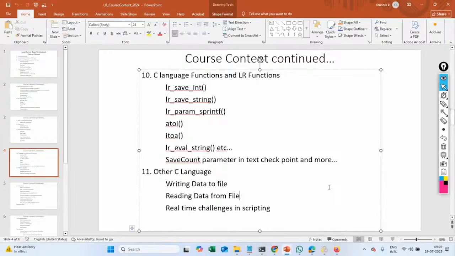How do you write data to a notepad file, or how do you read data from a file, or some real-time challenges in scripting? Okay, because we always get this question, what are the challenges that you faced in your recent project while scripting, right? So these questions and answers will be dealt with, and we'll learn all the different challenges